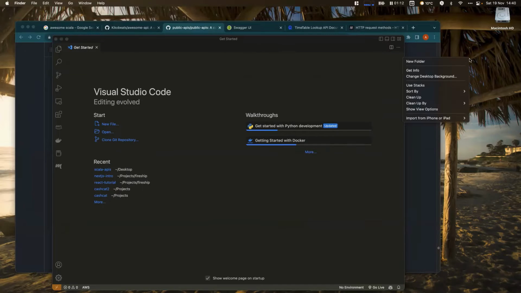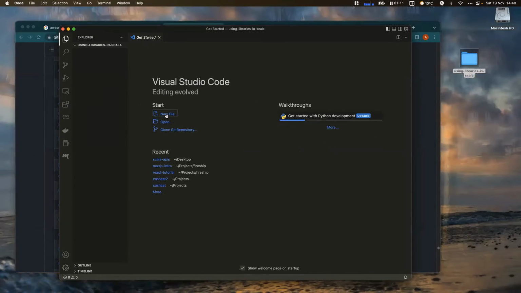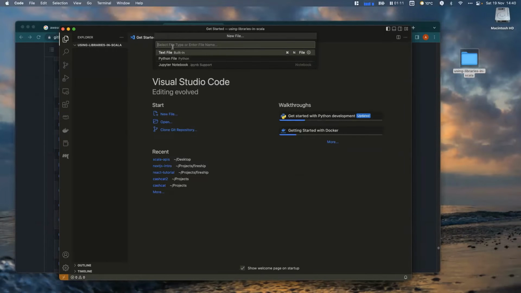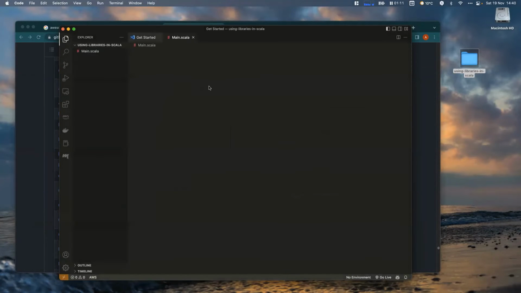Okay, so what I'll do is I'll create a new folder, which would be using libraries in Scala. I'll drag and drop this folder to VS Code, and then I'll create a new file, which I'll call main.scala. I'll create it here in the folder that I have. And first thing to do would be to